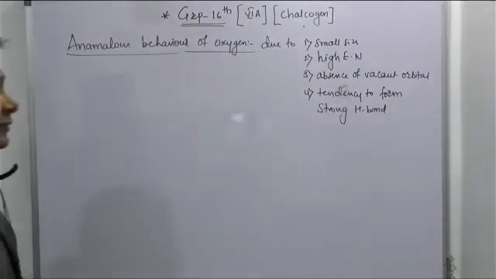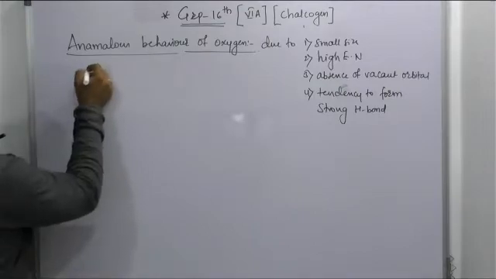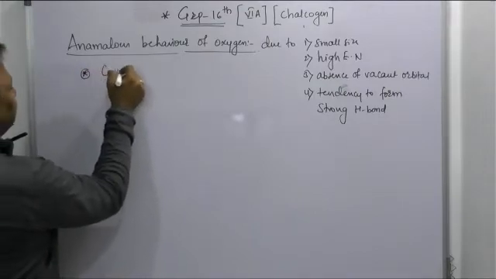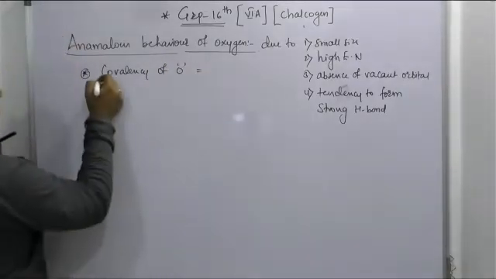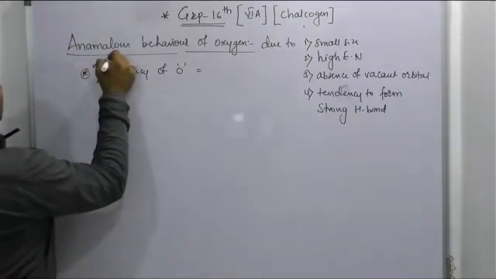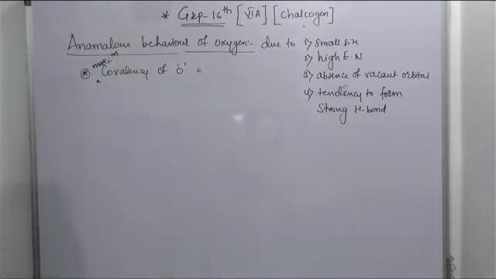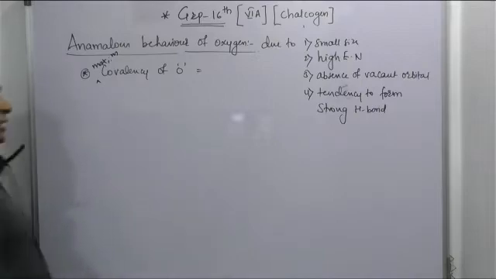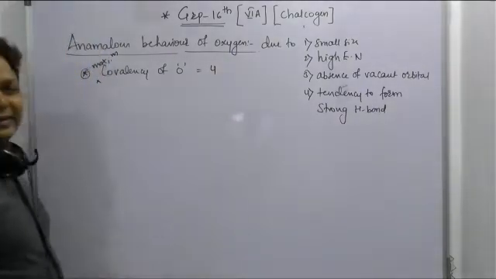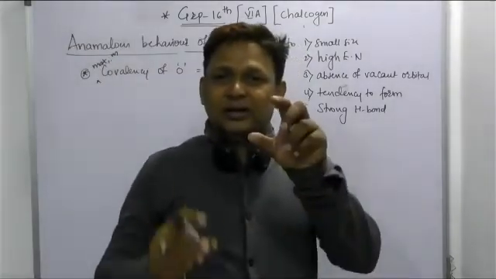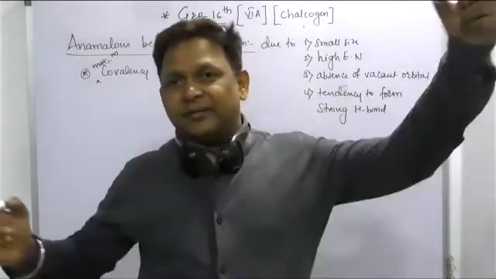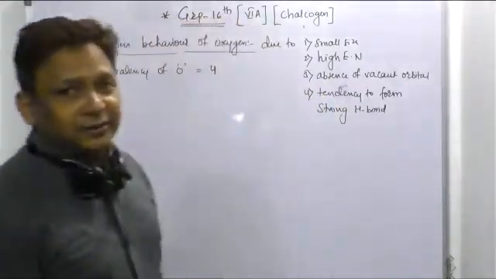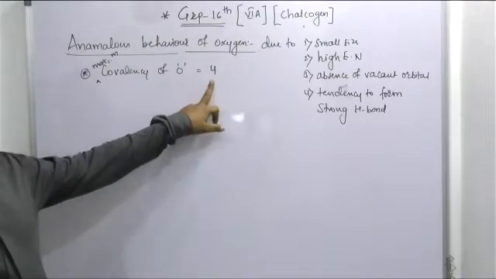Among those, the most important anomalous part of oxygen is the covalency of oxygen. What is the maximum covalency of oxygen, beta? The maximum covalency of oxygen is equal to 4. But rarely it is equal to 2 also, because in a water molecule, the oxygen atom makes bonds with hydrogen, but two lone pairs are there, which have a tendency to form hydrogen bonding. So rarely it is 2, but maximum is 4.